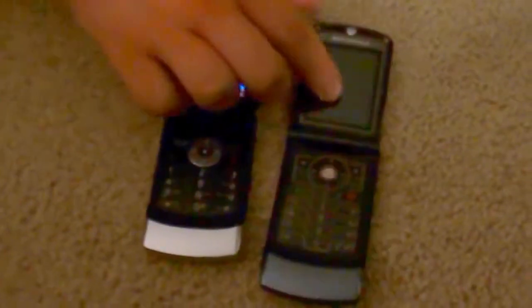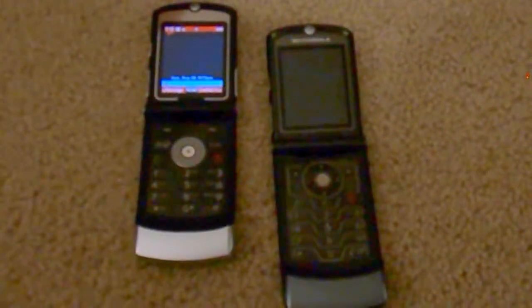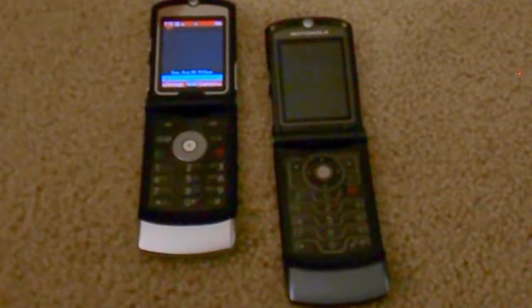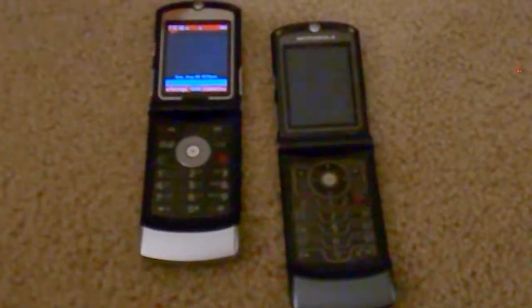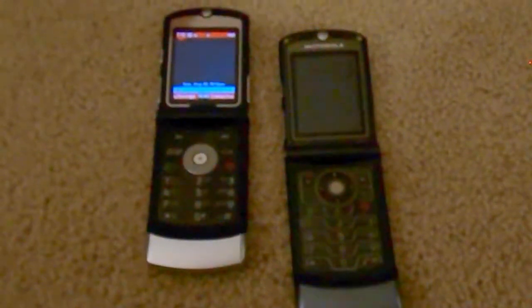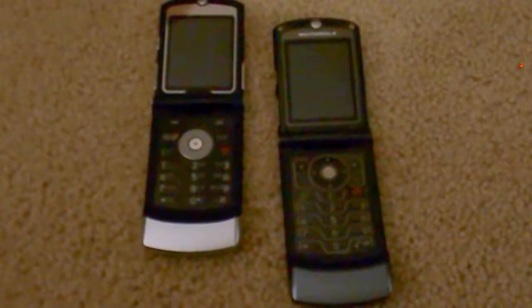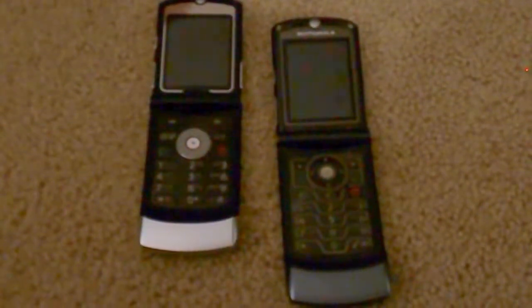So would that be your first cell phone ever? No, I had a TracFone earlier. That was my first cell phone ever. I think we threw those out, but it was sufficient for what I really needed. But my mother wanted us to piss a lot of money away on the stupid garbage, and so we were on Verizon. So the TracFone, was that a Motorola as well? I don't really remember. It was a block. My guess is it was a Nokia, but it was just this shitty old one that was just a brick. But that was that phone, and then this was the first contractually obligated phone that we had,